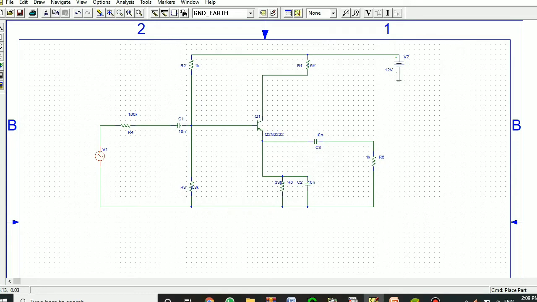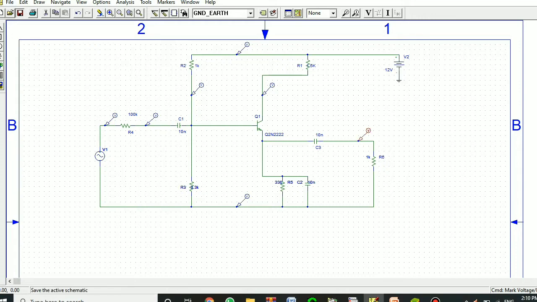Now we will place the voltage markers. So we have placed the voltage markers.